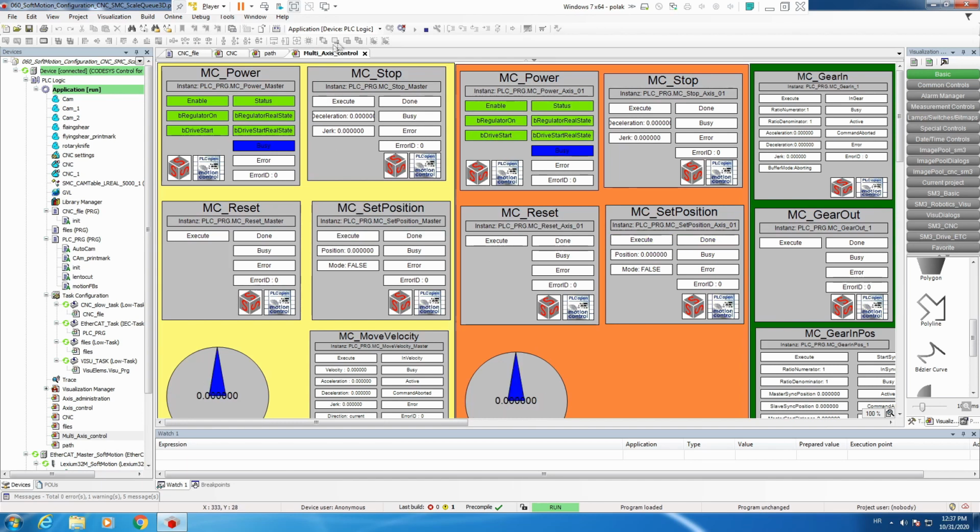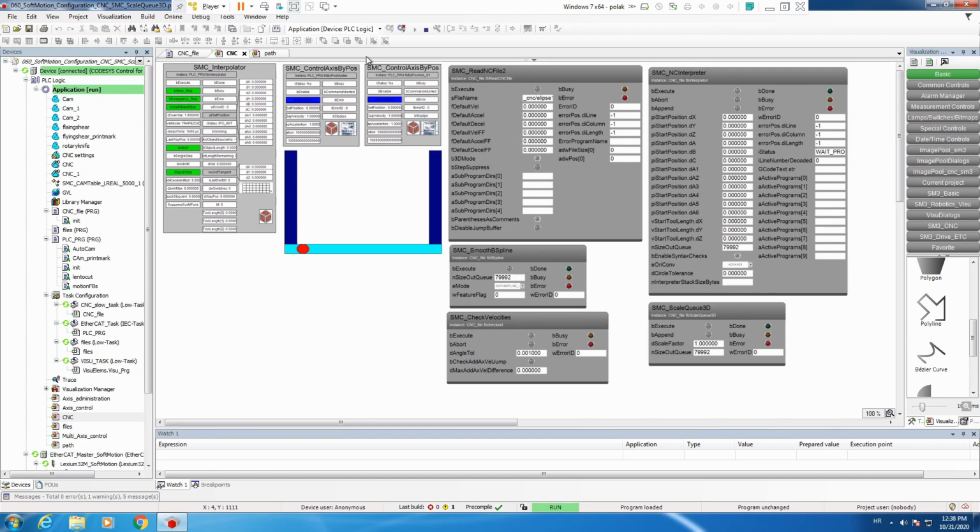Now, how this works, we will scale it down, for example, to half a size, but the starting point is going to be always the same. So we start from 0, 0. Now, let's execute read NC file,